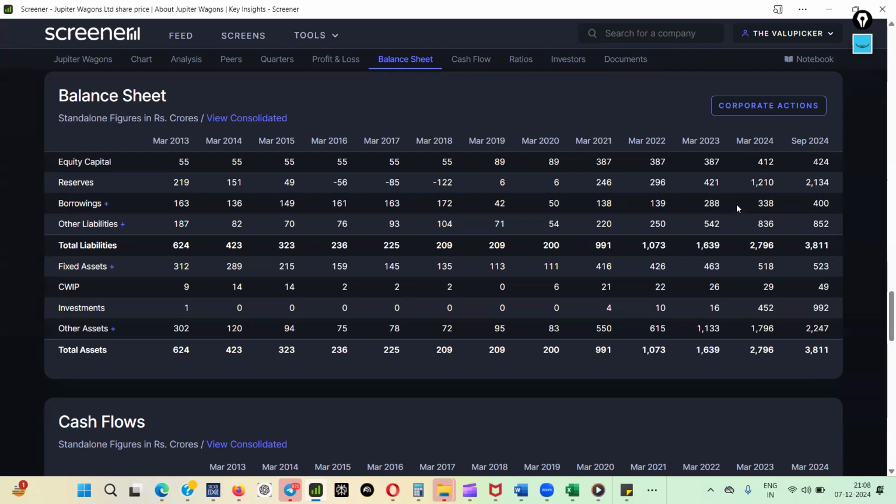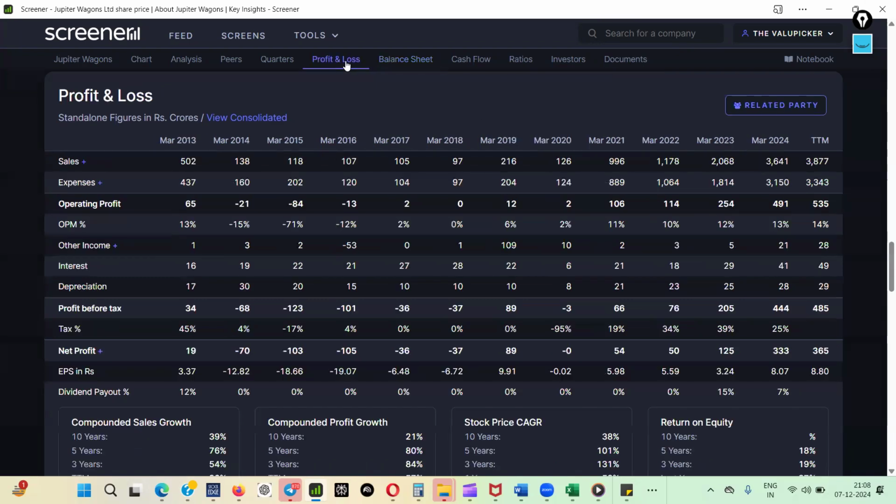Borrowing is external help. As I said, capital employed is owner's equity plus the external debt we have taken. So combining that, we get the capital employed. Now, if you come to the profit and loss statement, you get the profit before tax. This is 444 in 2024. Because with return on capital employed, we want to understand our core operational efficiency, how efficiently they are using our capital. So against the capital employed, look at 444, the profit before tax.